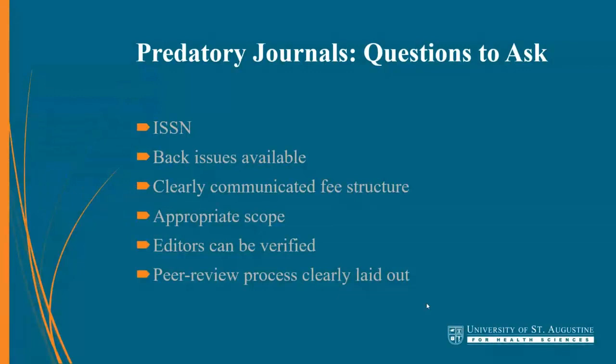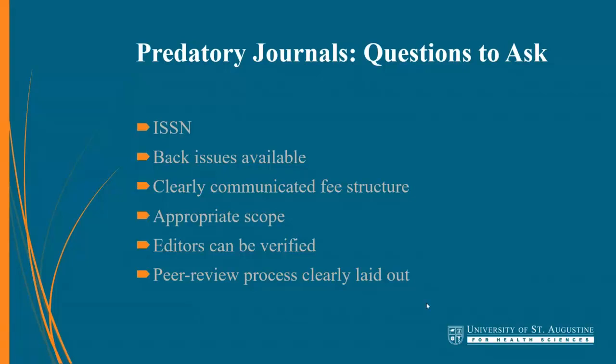Some things that you can ask yourself to sift out whether or not these are actual predatory journals or not. ISSN numbers, I don't know if you're familiar with those, but they're basically like ISBN numbers, that sort of barcoded serial number for a journal publication. You can search those in PubMed, you can search those in the library's journal finder that I demonstrated earlier. They may list fake ISSNs if they're predatory. They may not list one at all. Most will have one if it's been around and is legitimate.